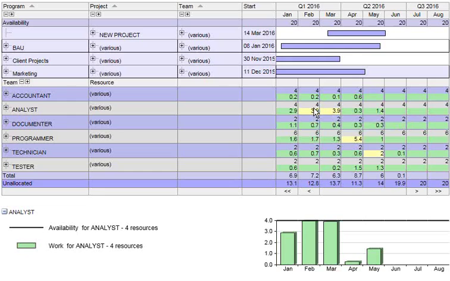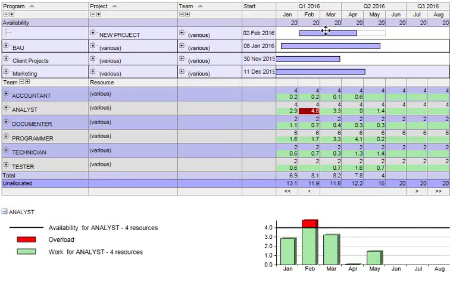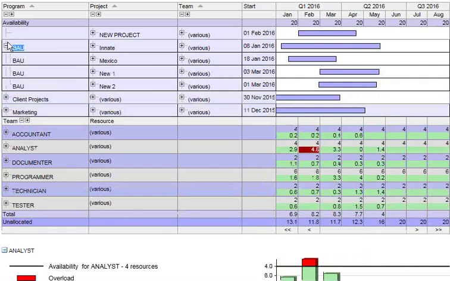But what if it's fairly high priority and we really can't do that on the start date? So if we put this back where it was, starting off there at the beginning of February, what we can now do is to take a look and identify other projects of lower priority and see by how much we would need to delay those. Now I think I'd want to do this in a scenario, not on the live data. So behind the scenes we have created a scenario, because if I now open up the BAU program, I can